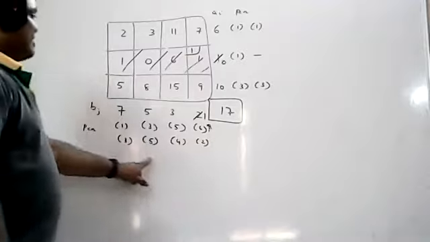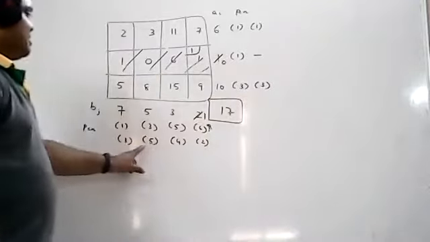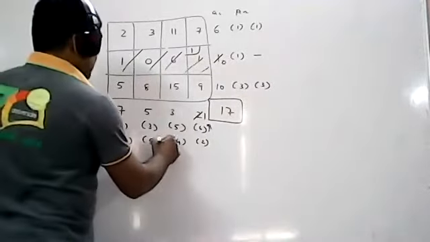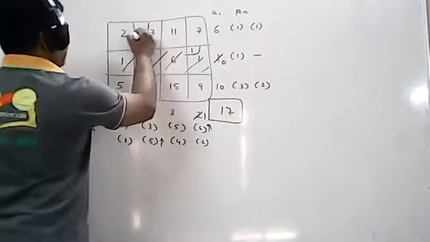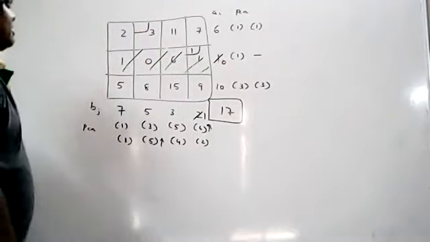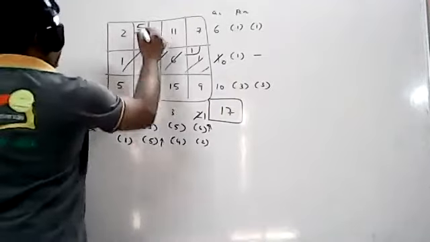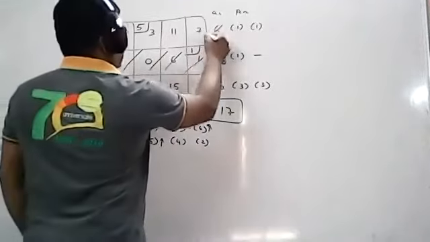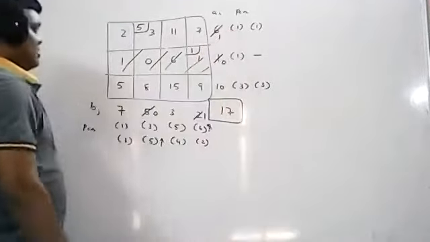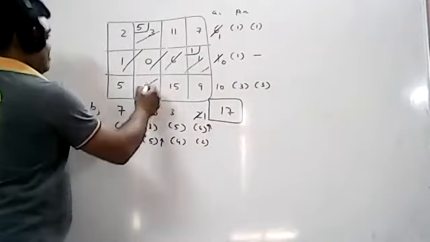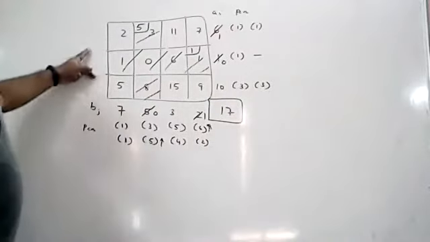Now go for the highest penalty among rows and columns. What is the highest penalty? 5. How many times is 5 there? Only one time, so you have to choose this one. In this, the minimum element is this one, so the next allocation is made here. Between 6 and 5, the minimum value is 5. So 5 is allocated, and 6 minus 5 means 1 remains. Now 0 is on the column side, so cross the entire column. Now again, there are 2 rows and 3 columns.